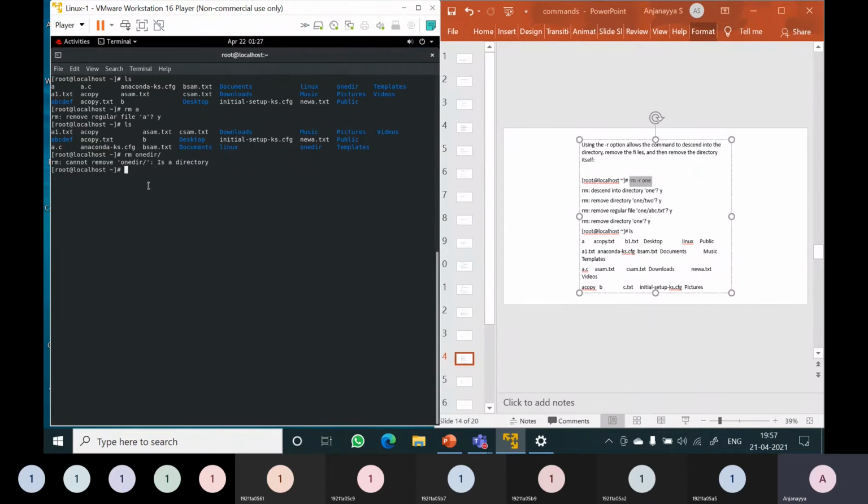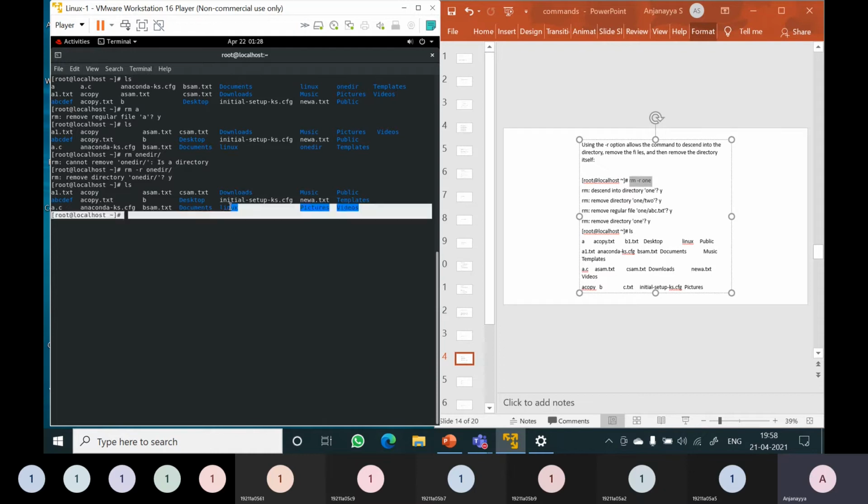If you want to delete a directory with the rm command, you have to use rm -r 1dir. Now ls. You can see that 1dir is removed.